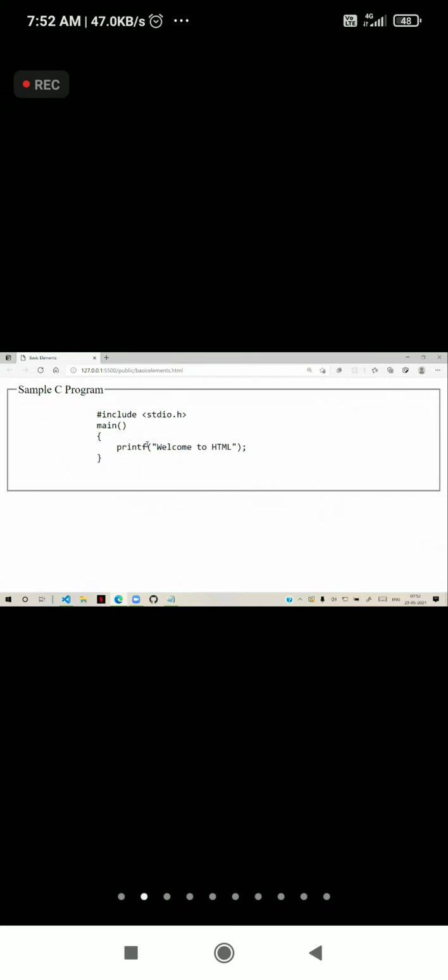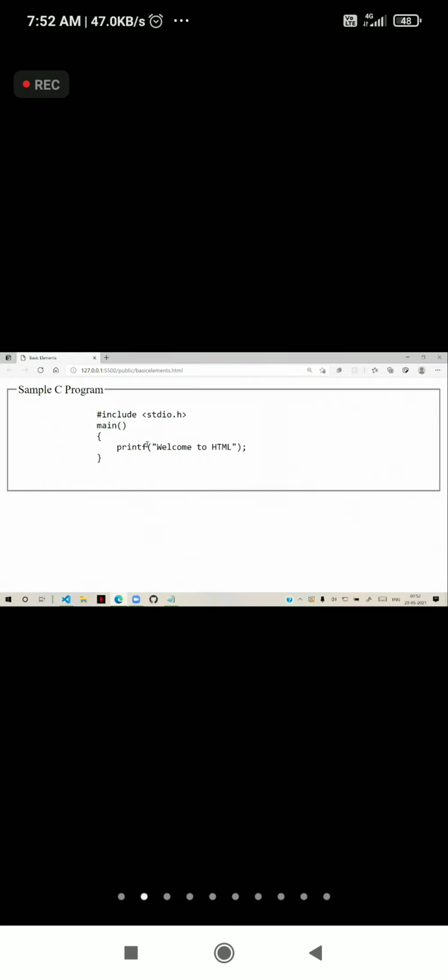So a field set contains a legend. Legend will display like this. You can give different appearance for that. For example, I want legend center, I want it right, I want left. You can change the alignment. For example, here you can write legend in the style.